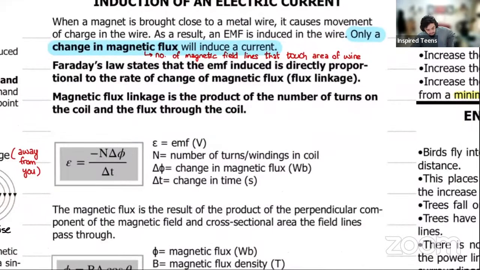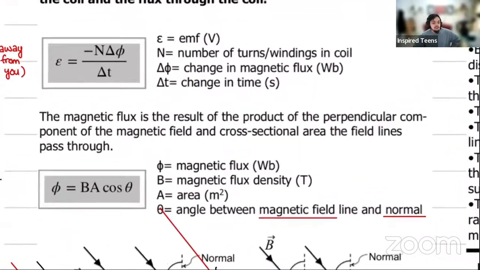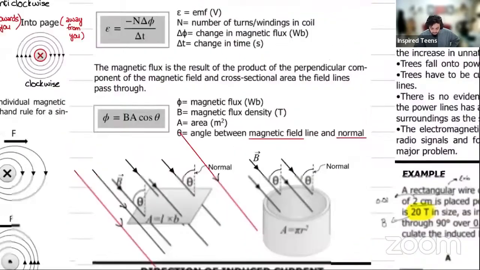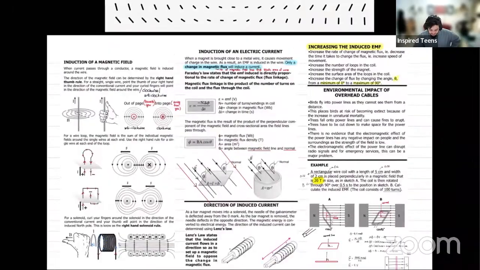Faraday's law states that the EMF induced is directly proportional to the rate of change in magnetic flux. So the faster you change the magnetic flux, the higher the EMF basically. Magnetic flux linkage is the product of the number of turns of the coil and the flux through the coil. So those definitions, their formulas are shown here, where we have the formula for EMF, the formula for magnetic flux. Okay, before we get to Lenz's law,